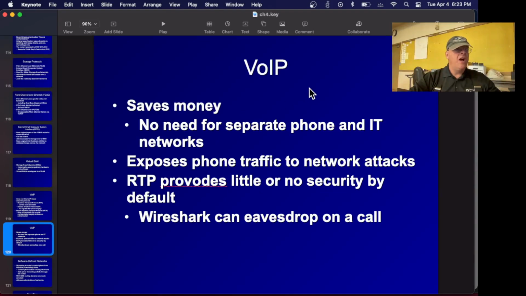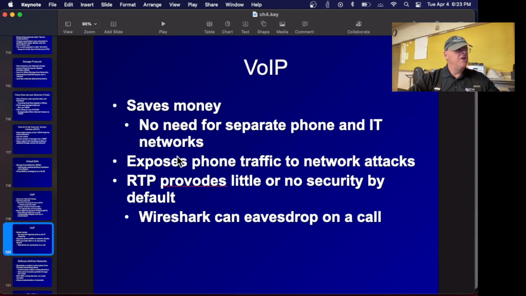And so voice over IP saves money at companies. The original idea was that you wouldn't have to pay for separate phone and IT wiring. In practice, what I heard from Cisco professional installers is it doesn't actually save money, but people do it because you get a lot more features. Now your phone can be smart. It can have press 1 for this, press 2 for that, and forward the phone call at certain hours and all these fancy features that you don't get with a normal phone.